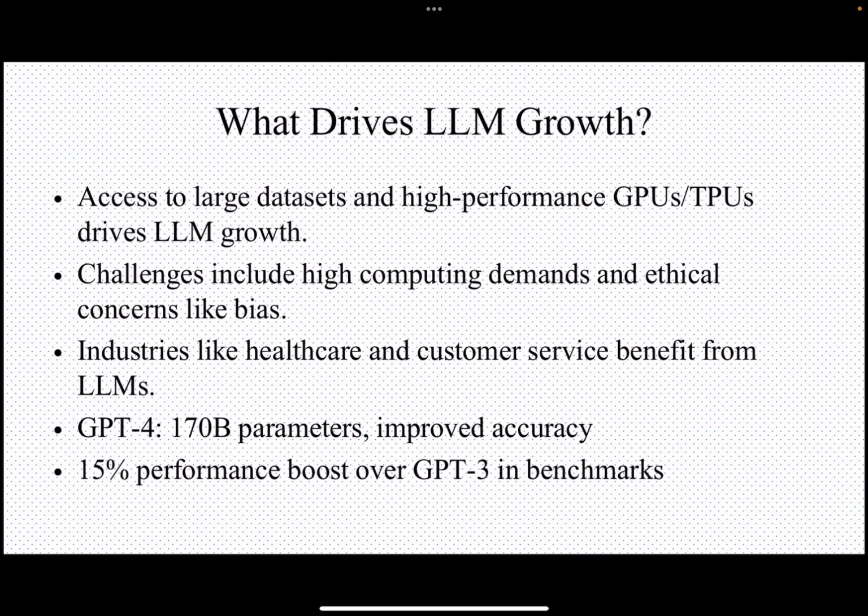Transformers now form the foundation of all modern large language models, including the GPT-3 and GPT-4 series, enabling them to generate human-like text, translate language, summarize information, and more. Now that we understand the impact of transformers, let's talk about what has driven the rapid growth of large language models. The rapid development of large language models has been driven by